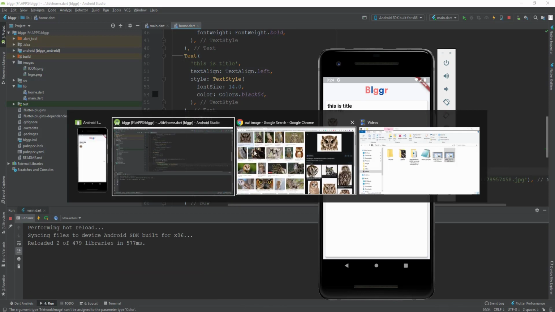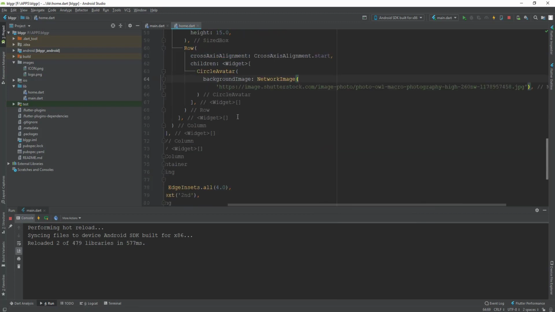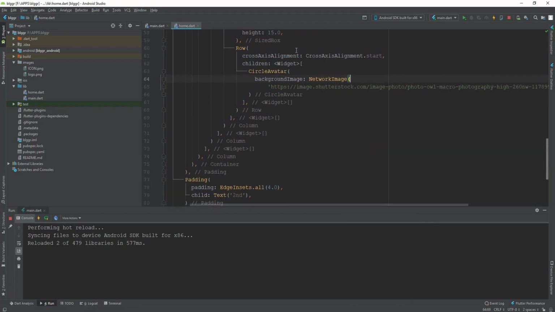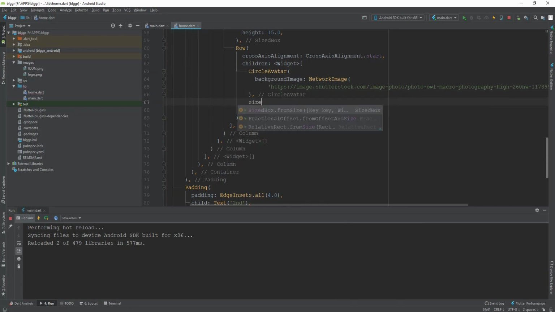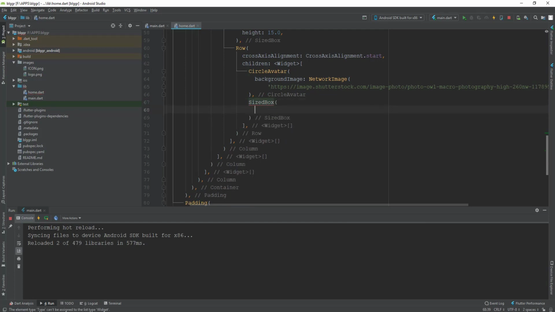Yes, background image, and the size, then add